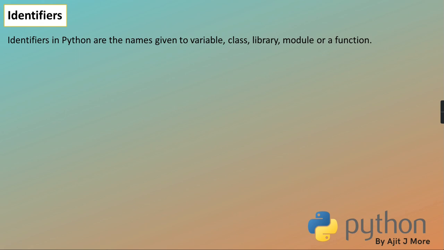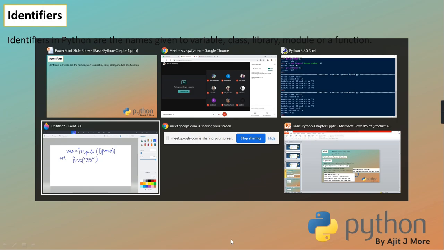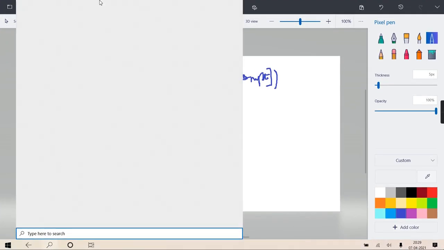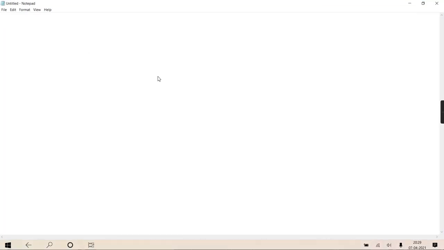And every language will have its own naming rule. Like Java has its own identifier naming rule, C language has its own. So every language has its own prescribed naming rule. What is the naming rule of identifiers in Python? That we'll see. So according to Python, I'll just list out the rules. All identifiers are a combination of letters, digits and underscore. That's all. Clear? No more confusion.